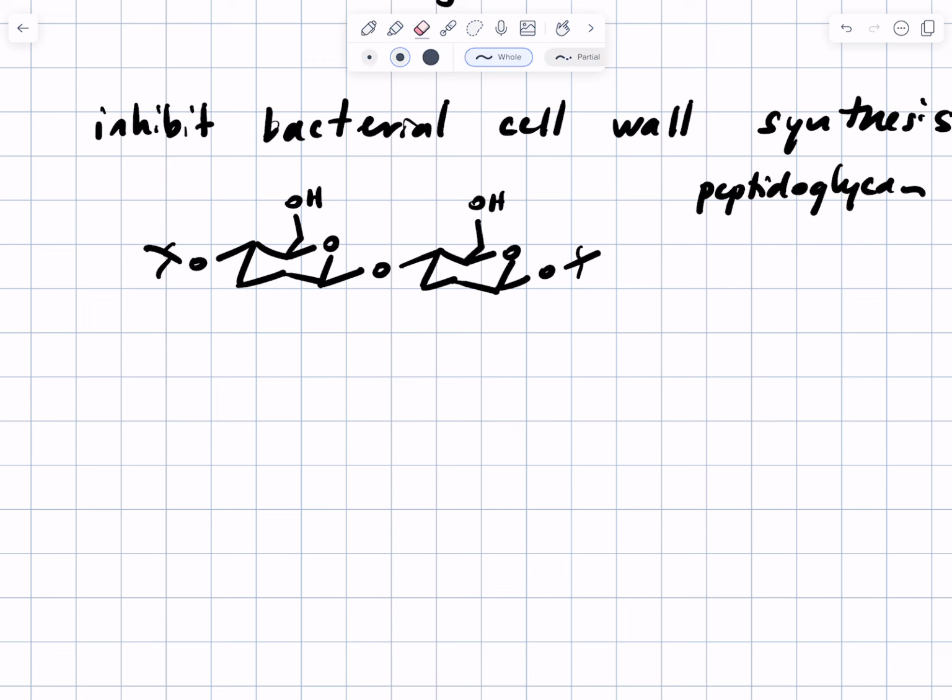There's going to be an equatorial OH group here. And then there's going to be, instead of an OH group on this carbon, a nitrogen that's attached to an acetyl group. I'm just going to abbreviate that as AC for now. Okay, so that's 2 N-acetylglucosamine residues. You don't need to know that name today, but there's 2 sort of carbohydrate chains, and then